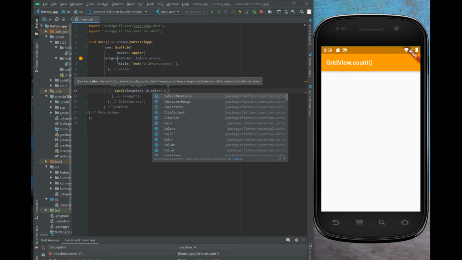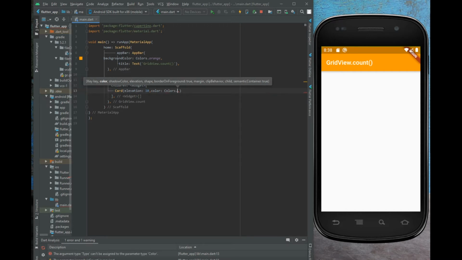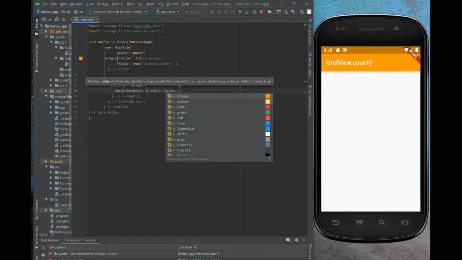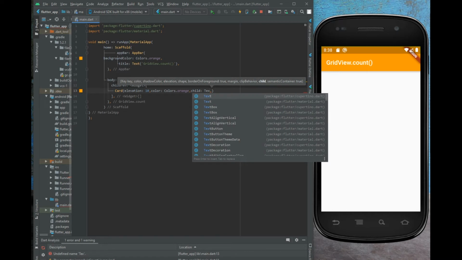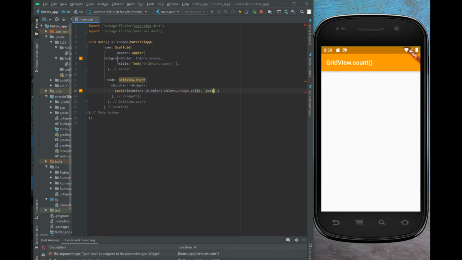So I am using the color property and Colors.orange. To add some text I am using a child property within this card, with a text widget.